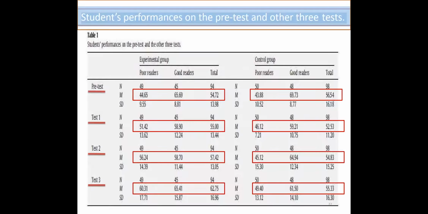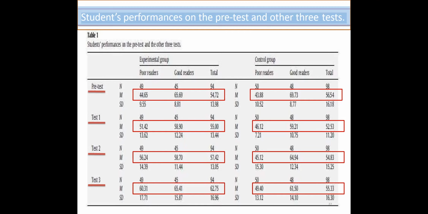So let's come to the results. The researchers have found out, after a lot of pre-tests and the other tests, here are students' performances on the pre-test and the other tests. The findings were based on 4 reading tests, which were taken by both the experimental groups and the control